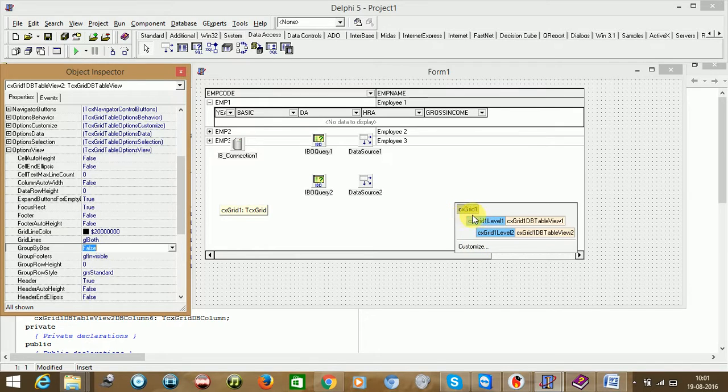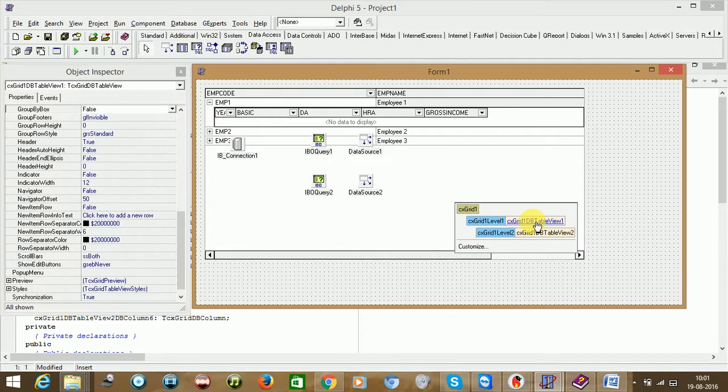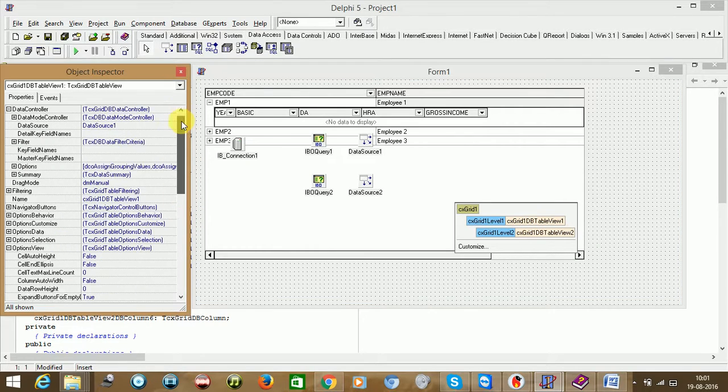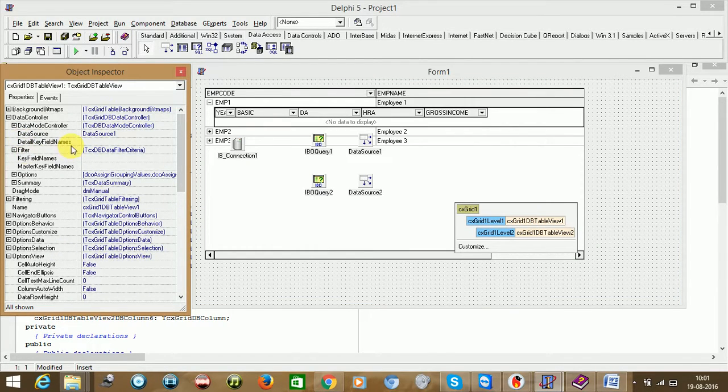Now what we need to do here is link this first view, because this view and this view need to be linked to each other. So click on first view, and you could see here the detail key names and data source. So you just need to select employee code from this place, and master you can't see because this is the master view.